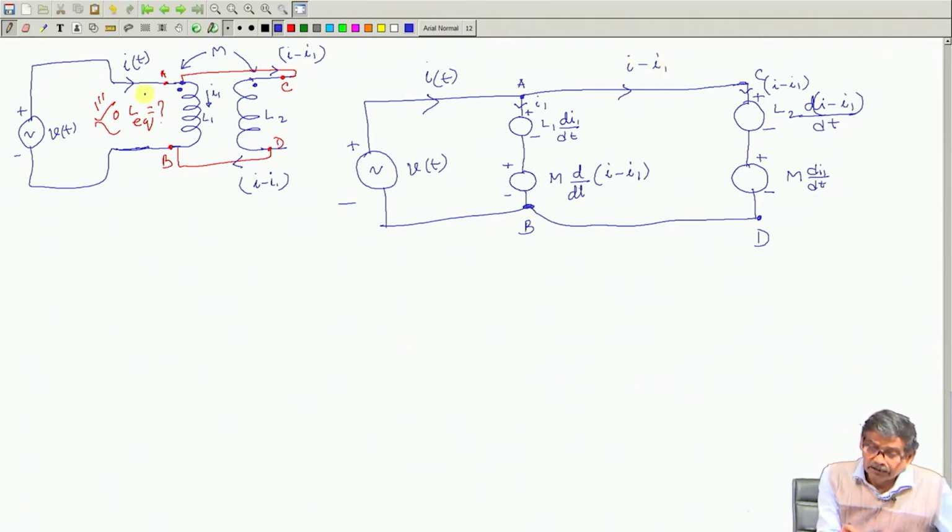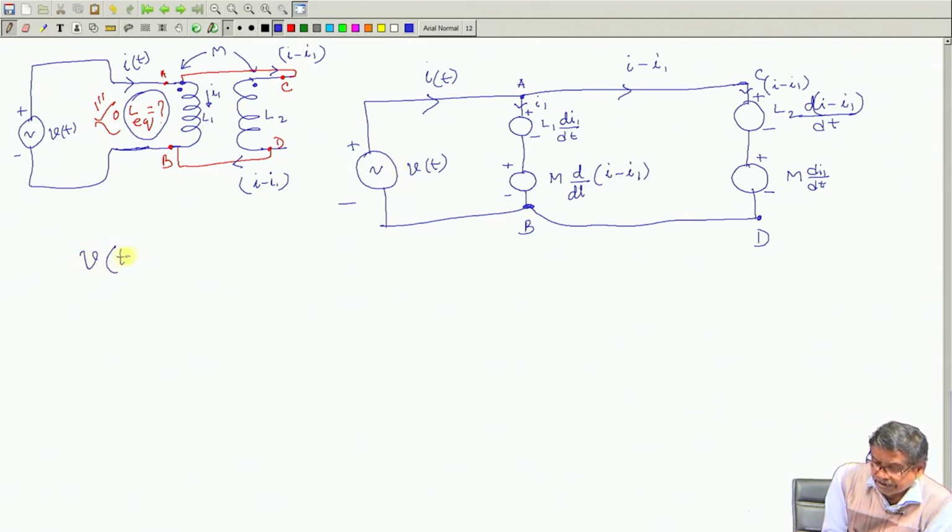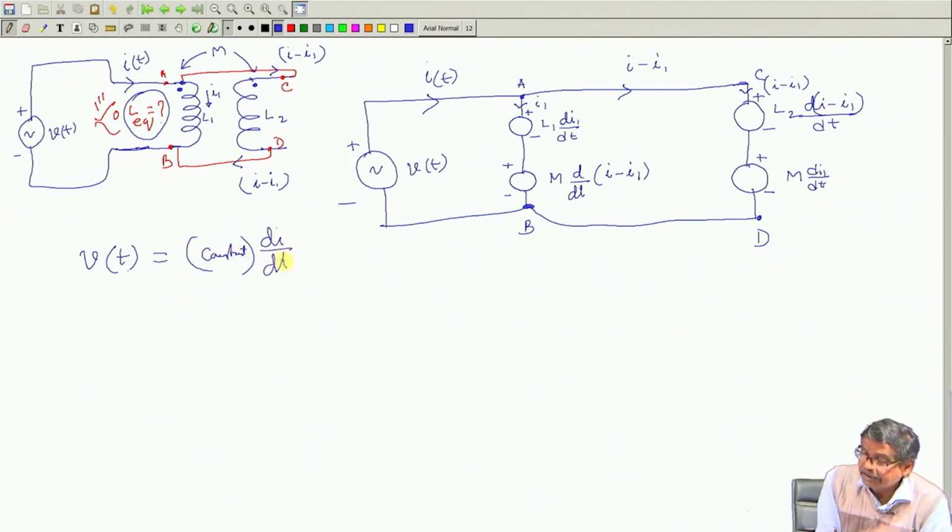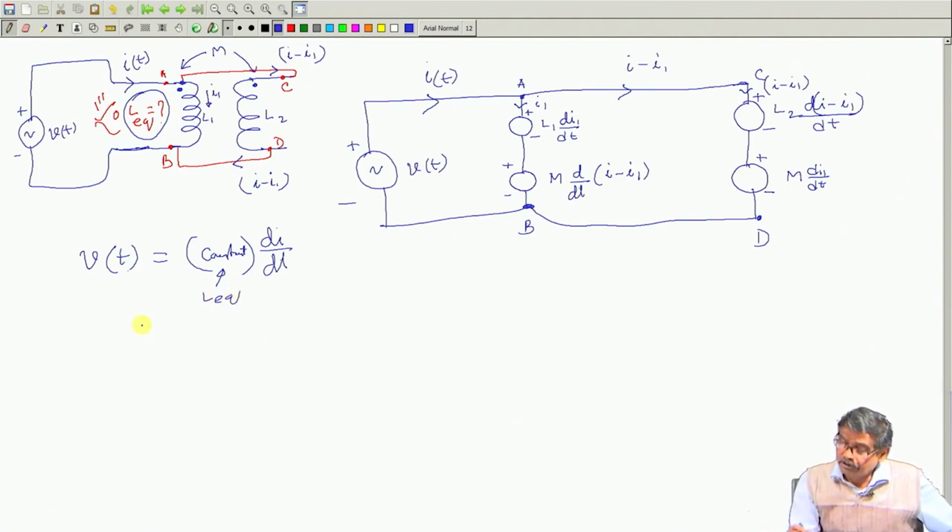Suppose I have been asked to calculate L equivalent of this circuit. Now, L equivalent means what? My strategy will be to get a differential equation which will have a constant term multiplying dI/dt. If I can write it like that, I will say this constant is the L equivalent. That is the idea, that is how I will try to go. So, now you see